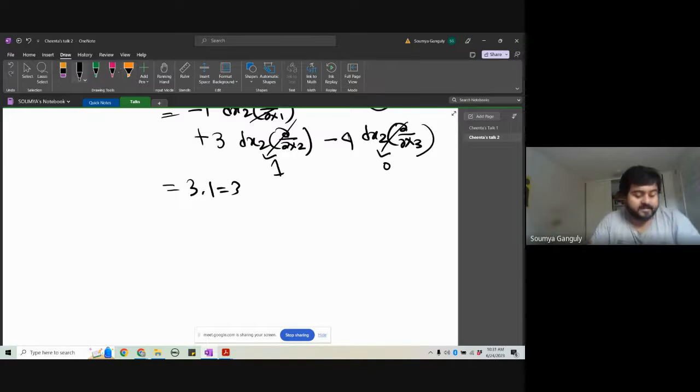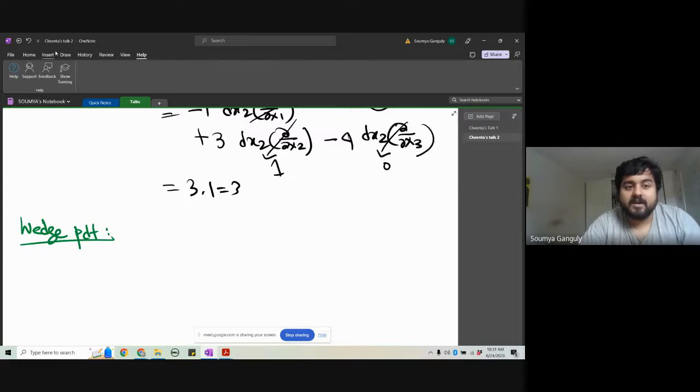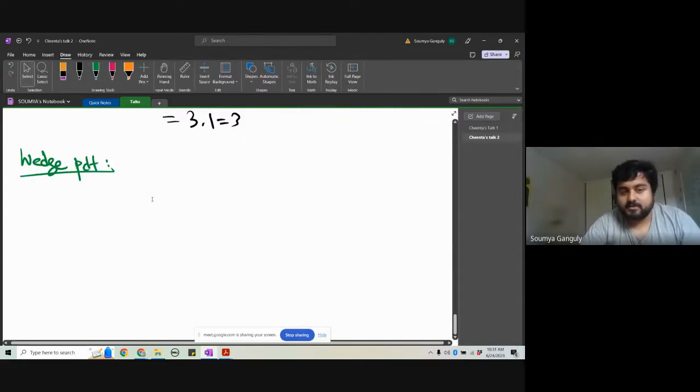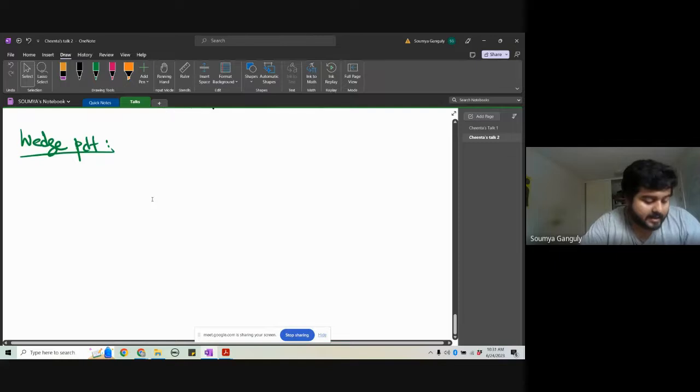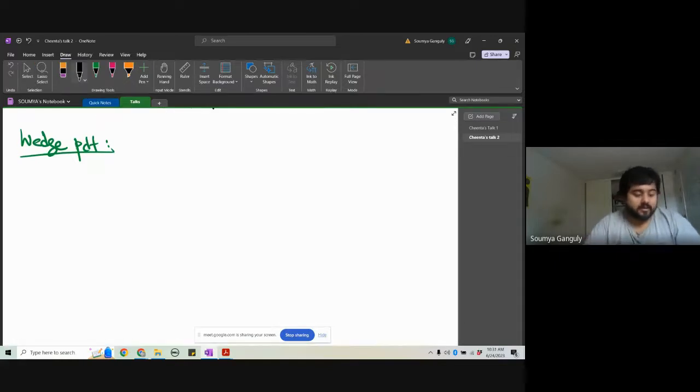Now, the question is, how do you define the wedge product between differential forms? I know this is again becoming a lot of jargon, but unfortunately, this is what we have to go through to understand the future topics in my talk, especially in my research area. And wedge products, you will see, actually have great applications. We will show them momentarily. Okay, how do you define that? We will define the wedge product first of two one forms.